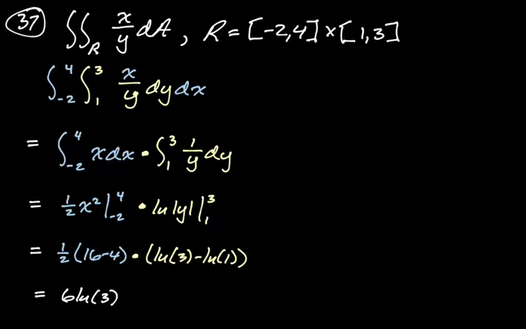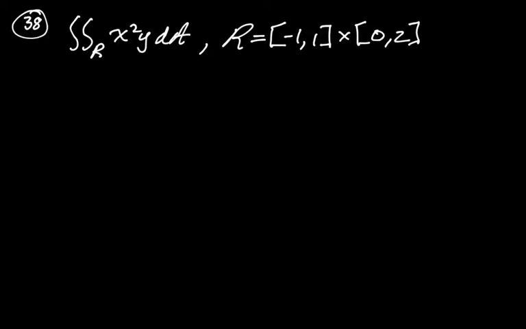So these aren't really that bad. They're like set them up and do them type problems. But let's keep going. So we're gonna do all of them anyway. So double integral over R of x squared times y. Again, we make the observation that x squared times y is f of x times g of y. So we're going to be able to turn this into a product of integrals that we would have done in Calc 1. And then dA, where R is the region from -1 to 1 for x